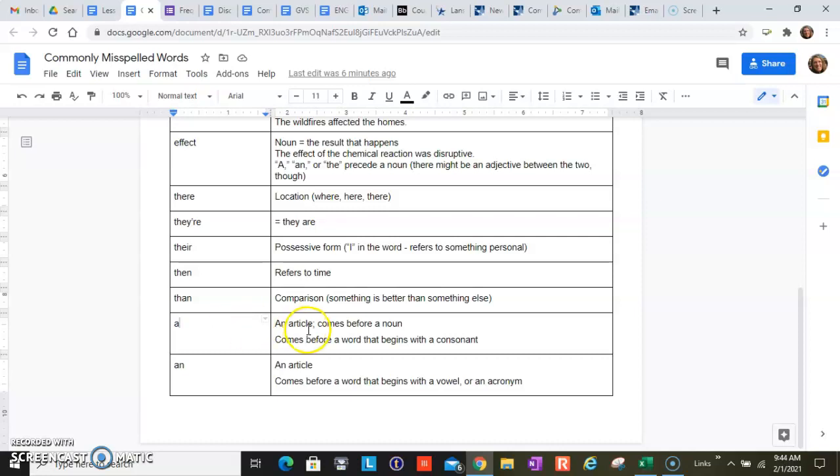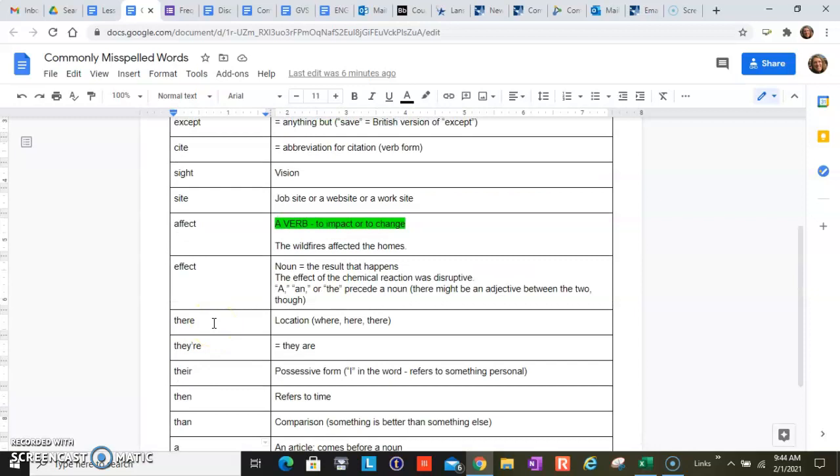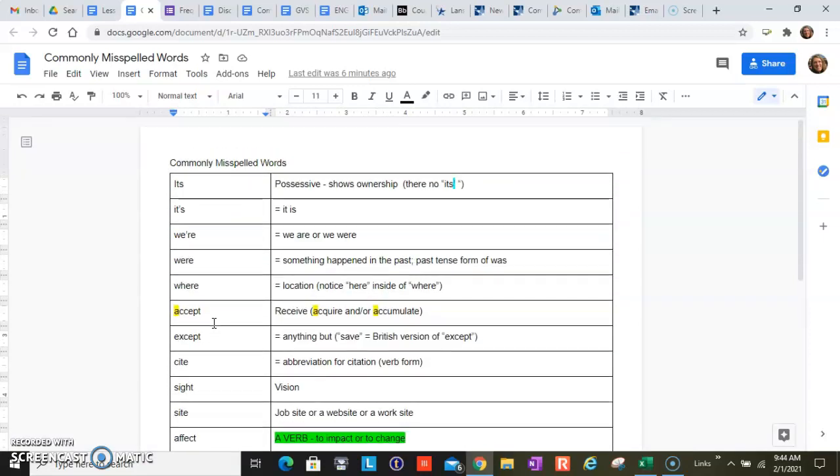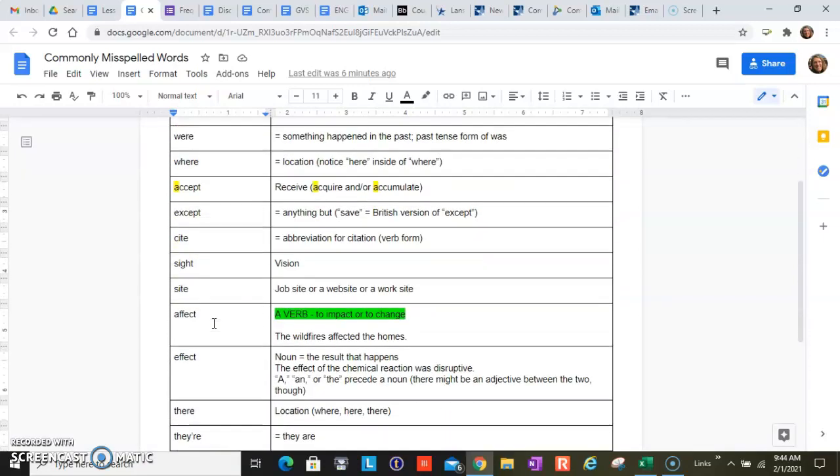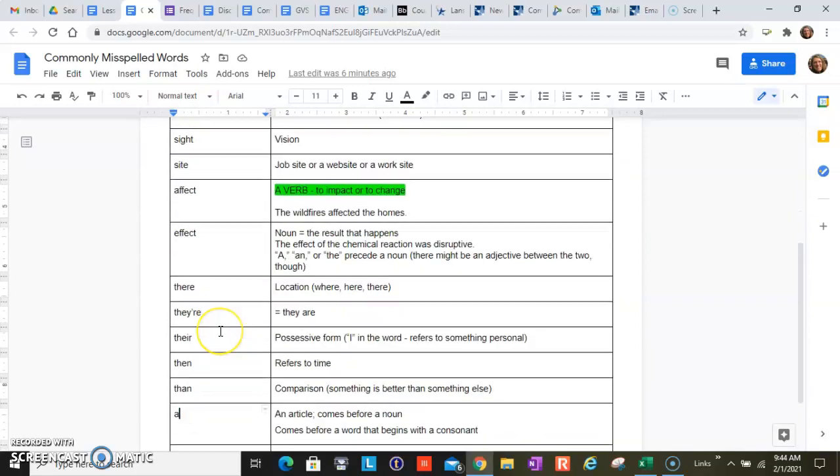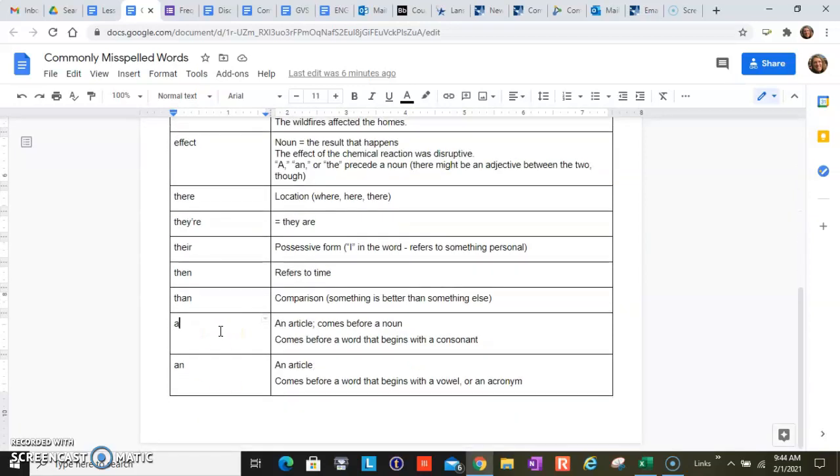Sometimes if you have an acronym, or a lot of times with H, you have to just decide. The reason for these two different ones is pronunciation. So just use your discretion. You do have an option. You do have some freedom.